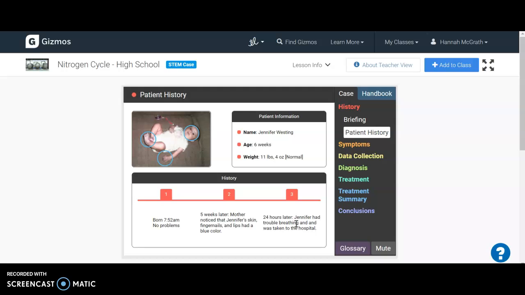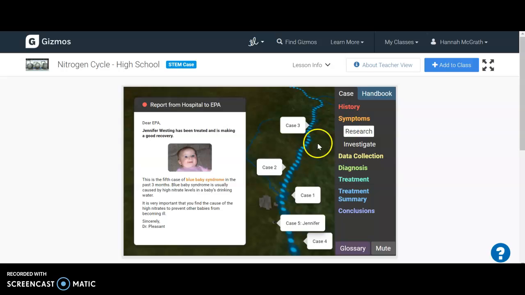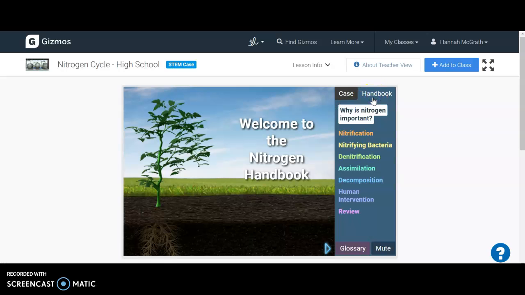I've kind of skipped through to make this shorter for you. But we notice that at this point she has trouble breathing, she's been taken to the hospital, and she has kind of a bluish hue to her, which means she is not getting enough oxygen, and that can be very scary for a baby. So you'll walk through the samples, you'll start doing some research. You're going to notice there's lots of cases, and it will direct you over to the handbook to explore